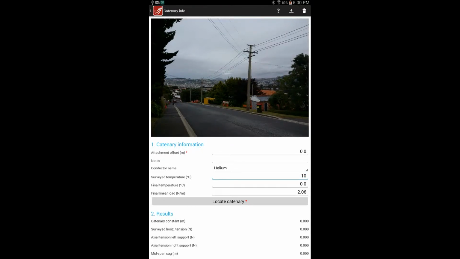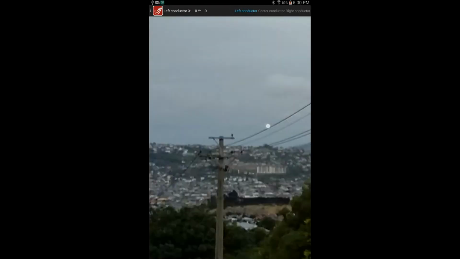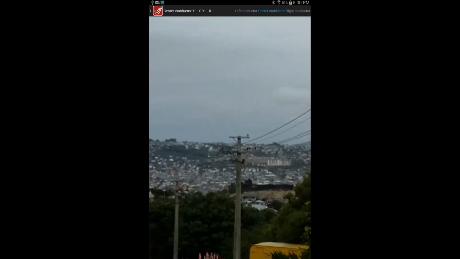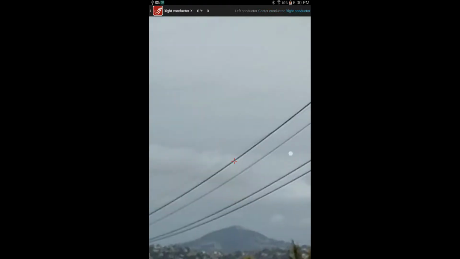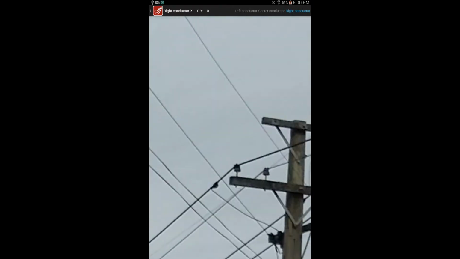Next step is to locate the conductor on the image. So select the Locate Catenary button and zoom in to select points at either end of the conductor span, and also one in the center. So we're using the buttons on the top right of the screen to identify which points we're selecting at any given time. So here we're just doing the final right conductor,